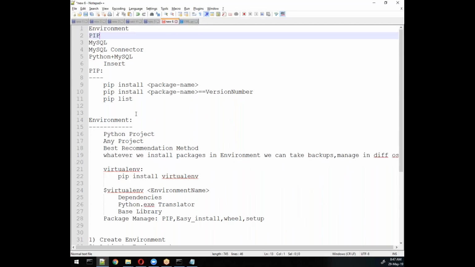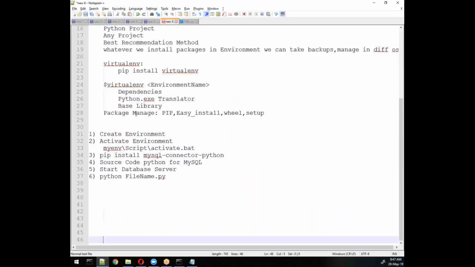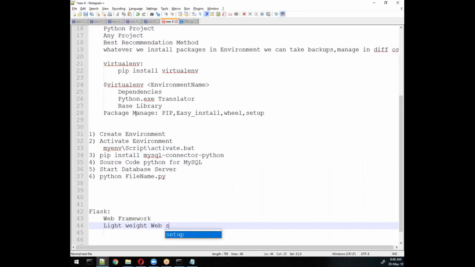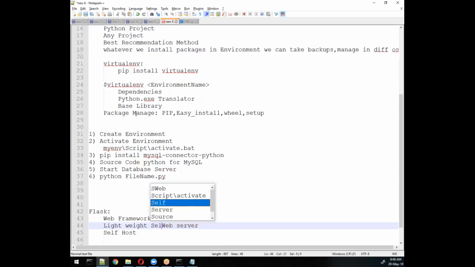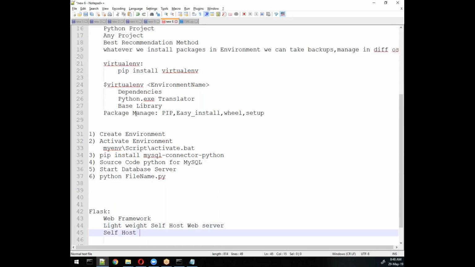Flask is a web framework, which gives us a lightweight web server, a self-hosted web server, you can say. And it's also one package in Python, like requests and MySQL connector, like virtualenv.